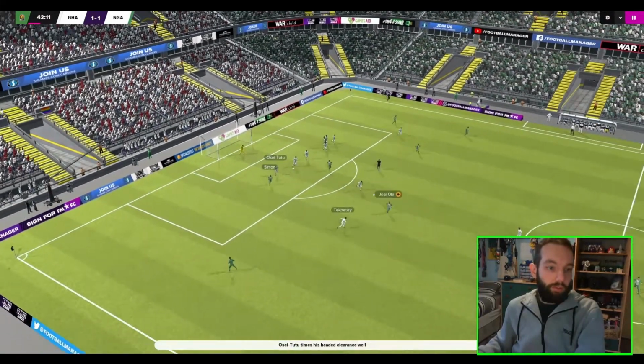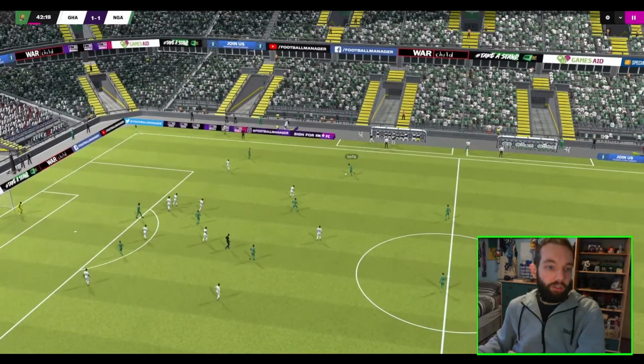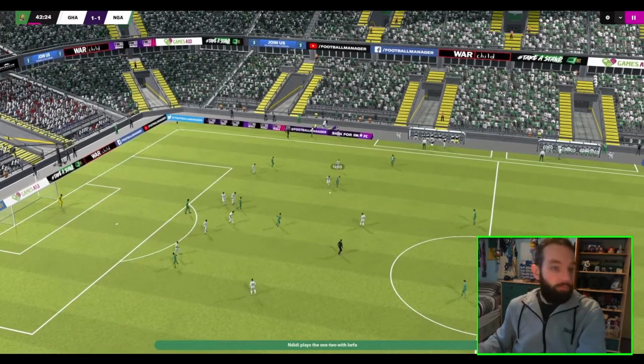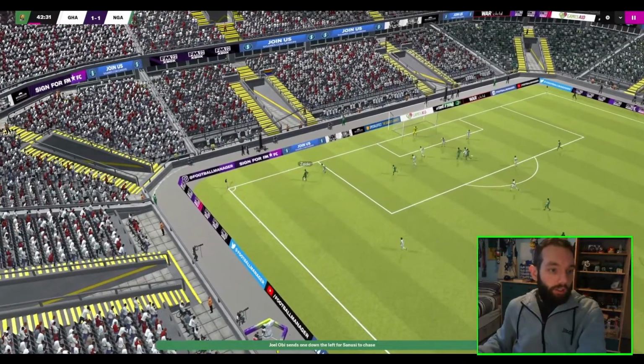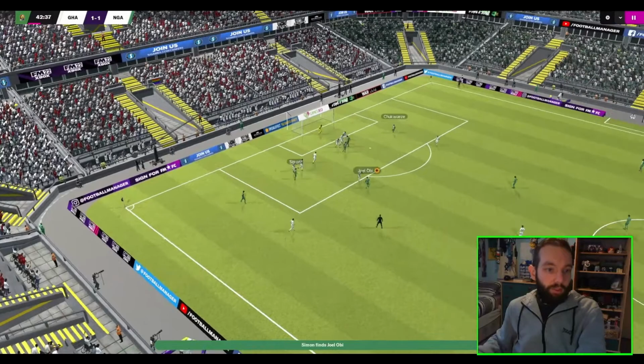Orfi. That's like Orfa. Apologies for the bad pronunciation of some of these names, just not very used to pronouncing them. Many of these players I've actually never heard of before. Ndidi, I've heard of him before. Joel Obi. Into Zaidu. Nigeria being very patient with their build-up as they try and play the ball into the